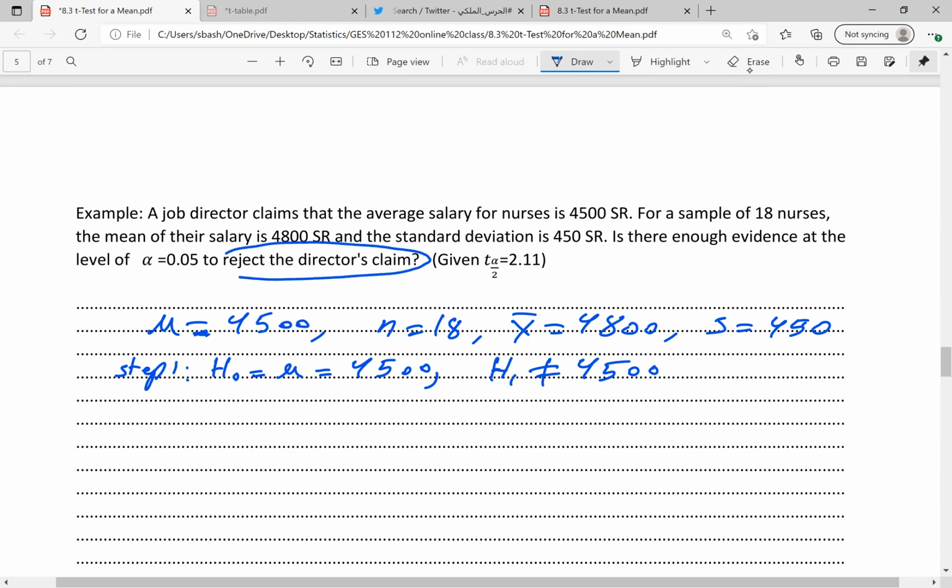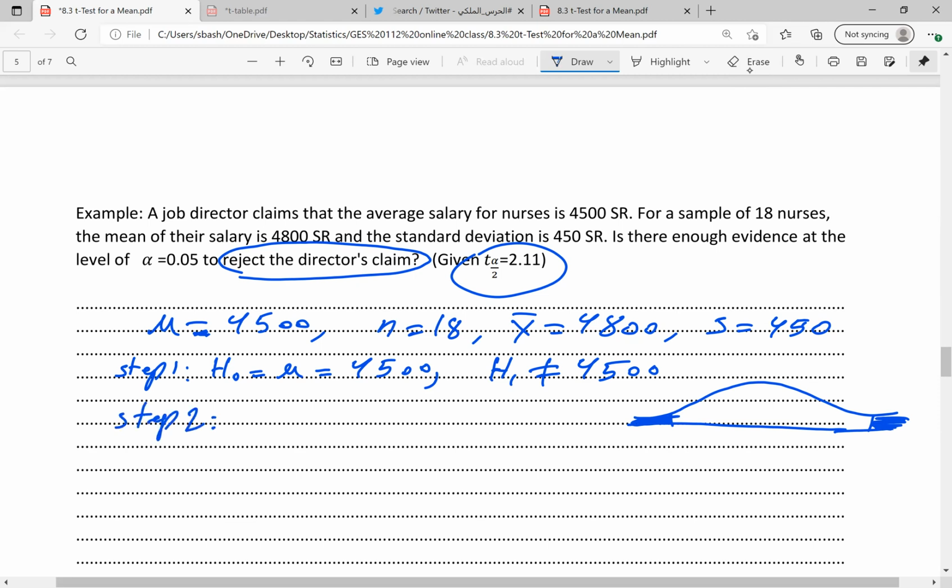Reject the claim. It means the average is not equal to 4,500. This indicates the type of the test. I must have a two-tailed test, and that's why it's given there, alpha over 2. I have a two-tailed test. So step